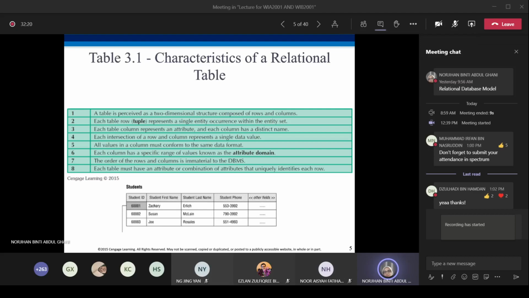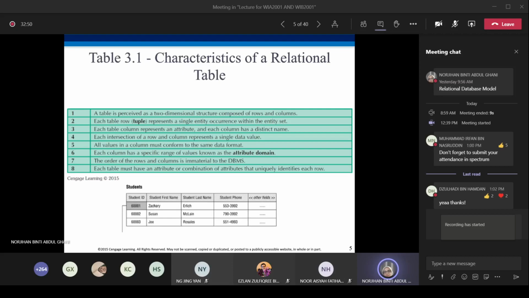Each intersection of a row and column represents a single data value. If you look here, for student ID 6001, student first name, we have Zachary. So at each intersection we only have one data value.